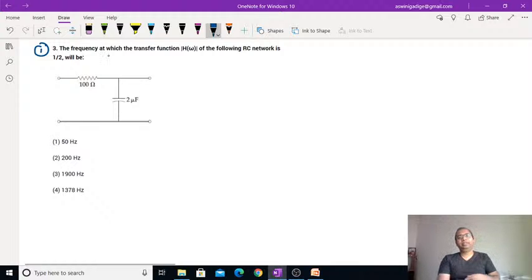Fine. So coming to this question: the frequency at which the transfer function of the following RC network is 1/2 will be. That means one circuit is given. For this circuit, if the magnitude of the gain or the transfer function is 1/2, then what will be its frequency? Okay. So here, whenever we are using inductors or capacitors in the circuit, then the output voltage